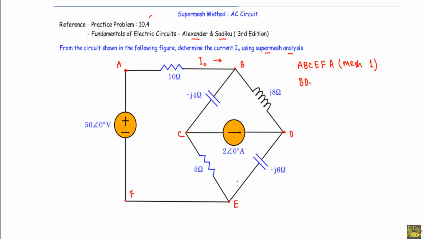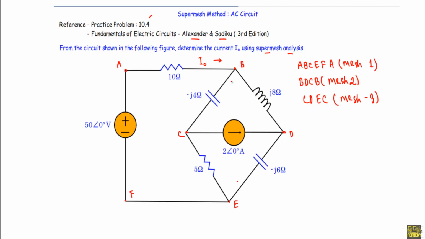B, D, C, B will form mesh 2. C, D, E, C will form mesh 3, and between